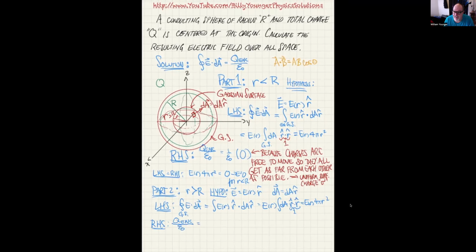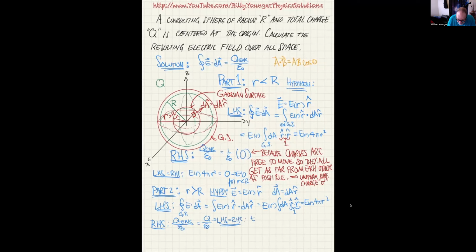Well, we know for a fact that the total charge of this sphere is in fact Q. And we know that the Gaussian surface with radius R greater than big R has all that Q inside of it. So the answer is just Q over epsilon naught. Then all we have to do is set left-hand side equal to right-hand side,